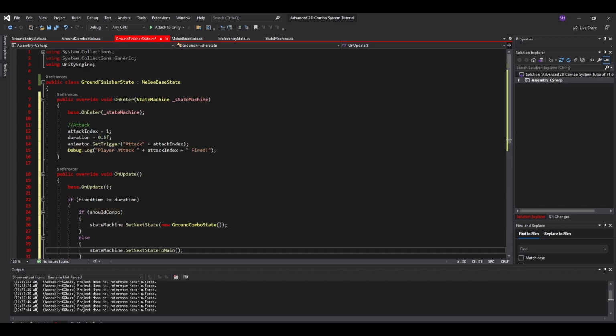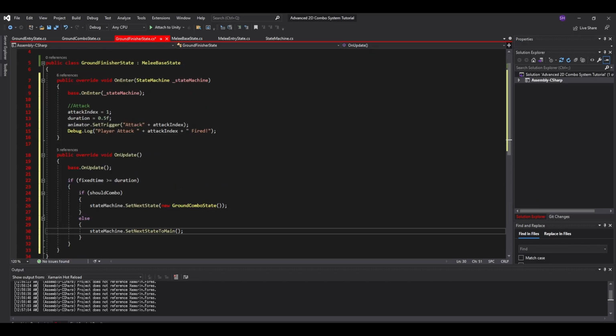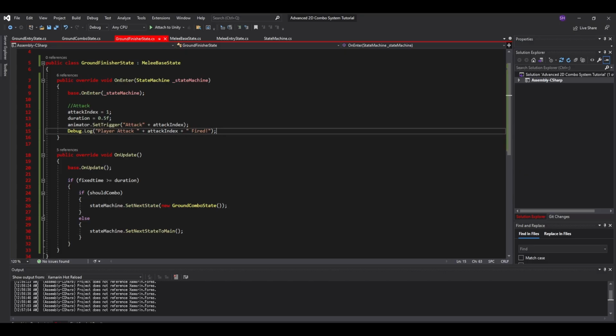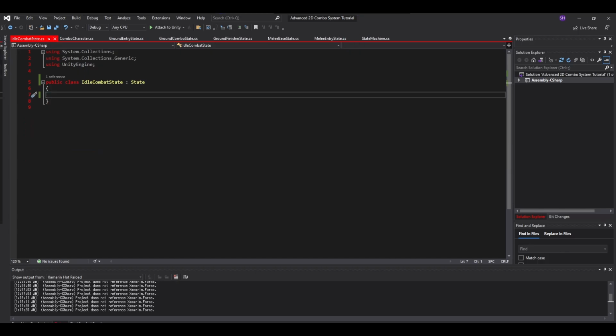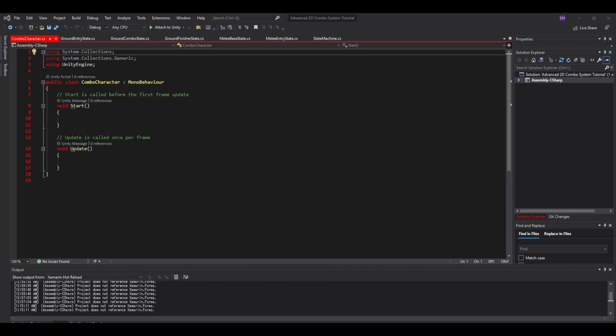Now, with that all set up, we have everything to kick off actually running this combo system. The only thing left to do is set up the classes that will allow us to test and see these particular things fire off. And we're going to start off with the idle combat state. This is going to be fairly simple. You're going to derive it from the state class like the others, but this state is going to be completely empty. Now, the reason why this state is going to be empty is going to be shown in our combo